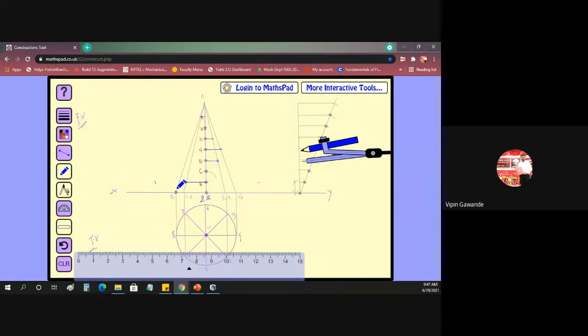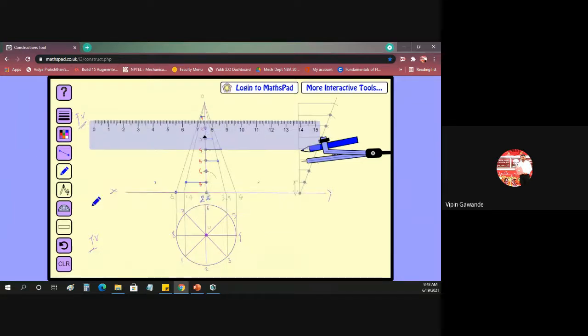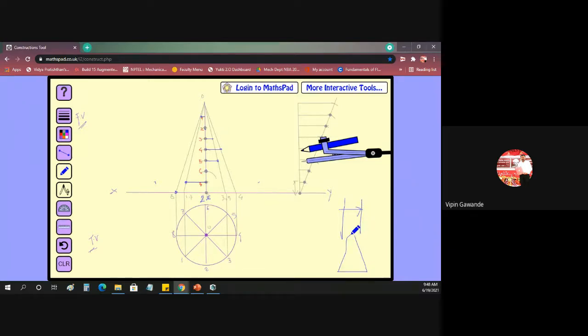So we got here point 1, 2, then this is 3, 4, 5, 6, 7, and 8 like this. Now we have marked all the points. So how have we marked the points? Similar to the cylinder, 1 goes to 1, 2 goes to 2, so it is on the same line. 3 goes to 3, O3. There we transferred it on the horizontal lines. Here it comes on the inclined lines. That is the only difference between a cylinder and a cone.